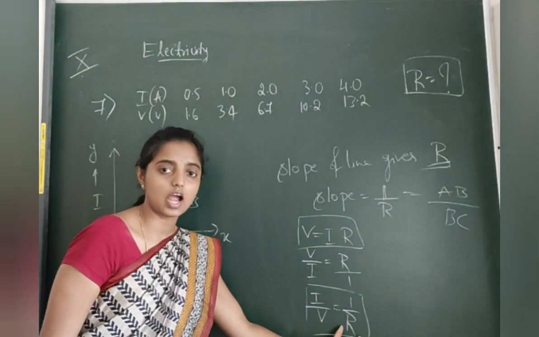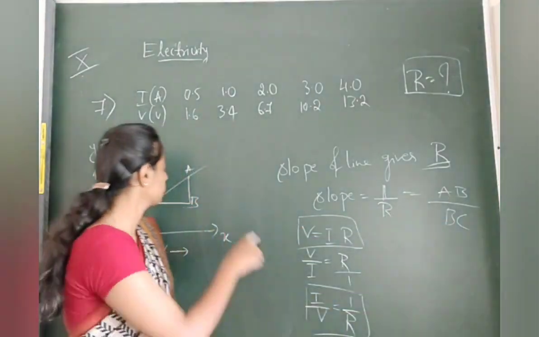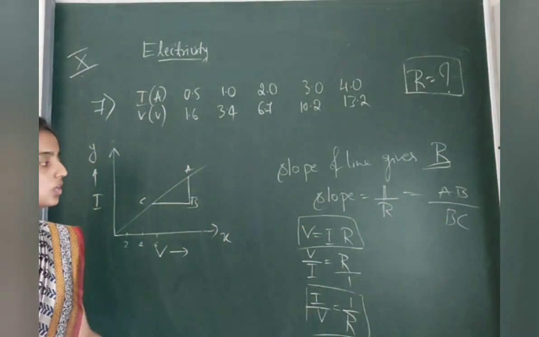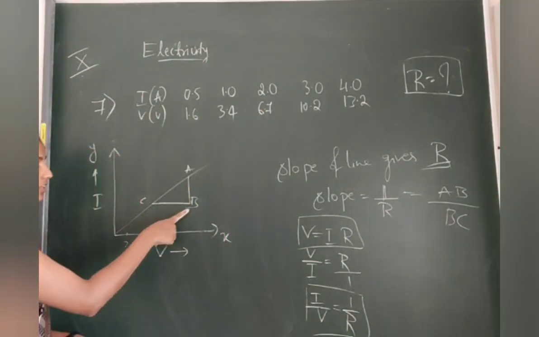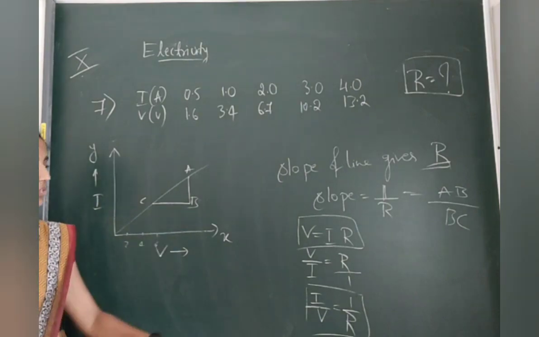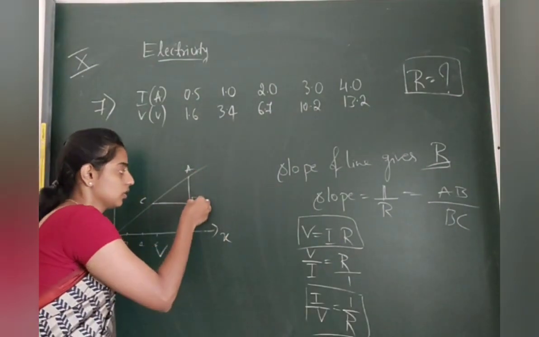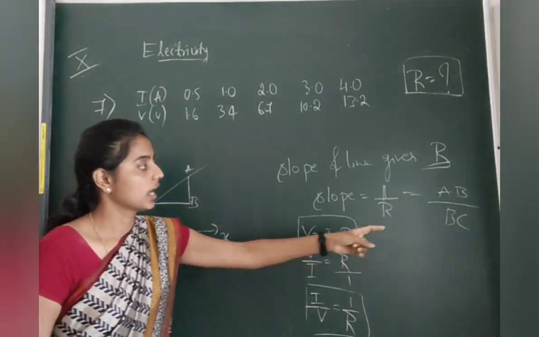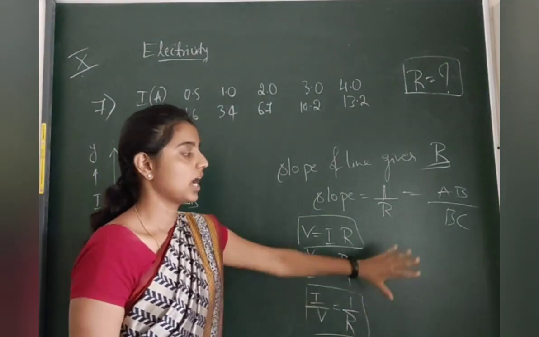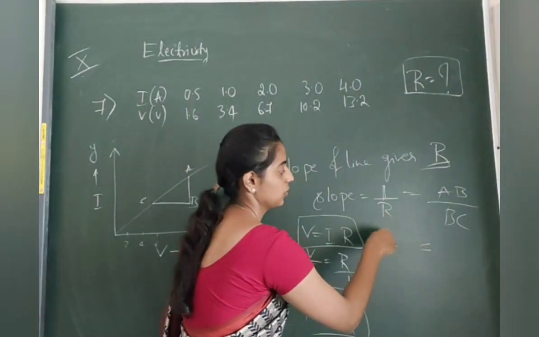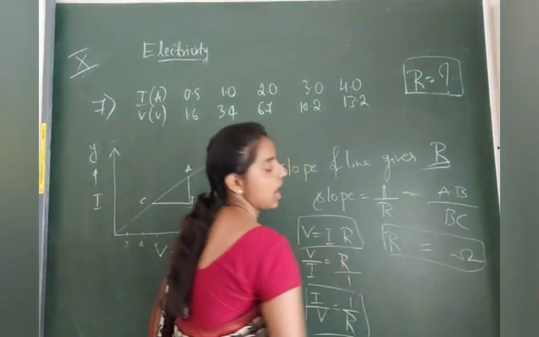So to find out R, we have the I value in the numerator, that is the value of AB, and here BC is the value of potential difference, which is parallel to the x-axis. So measure your units and write them in place of AB and BC and calculate. At last, after getting the value, you need to again reciprocal it to get R.